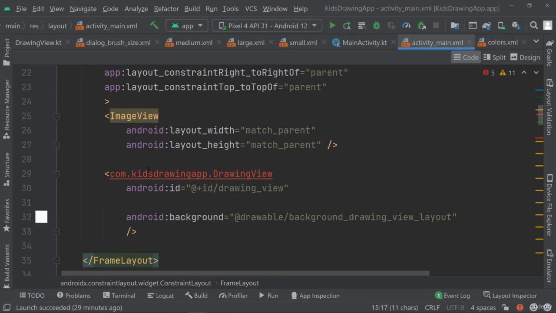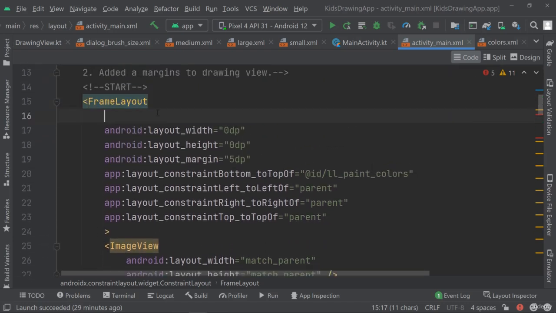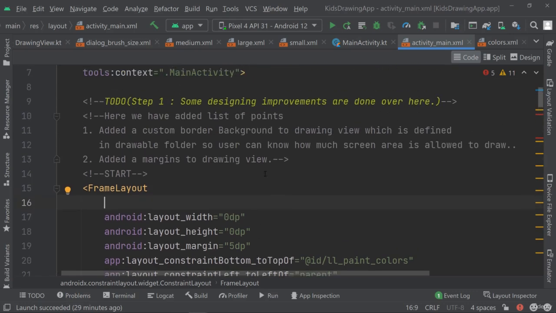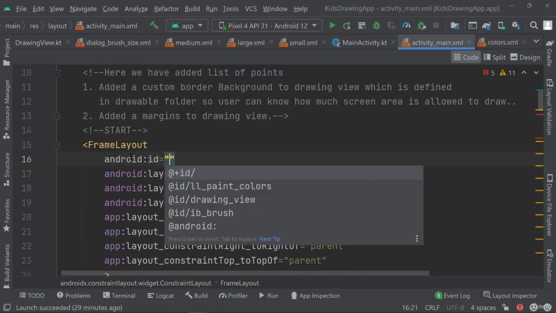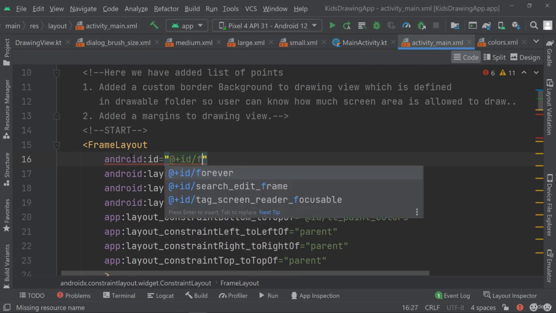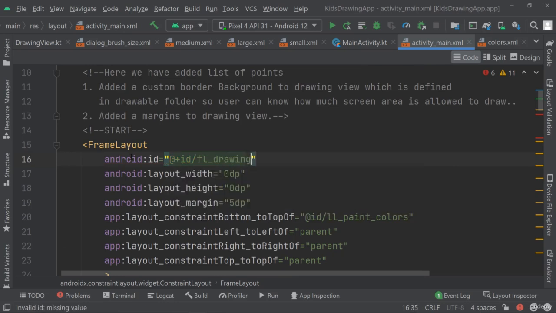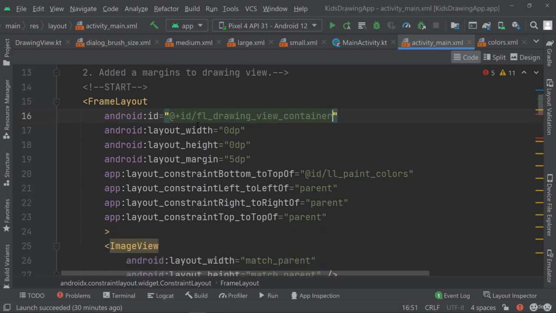which is pretty handy. But then the frame layout is something that I want to be able to access, and in order to access it, I need to have an ID. So let's call this one FL drawing view container, because this is basically just a container. The frame layout itself is not going to show anything. It's just like a linear layout or the constraint layout, really just a container which contains all of the individual